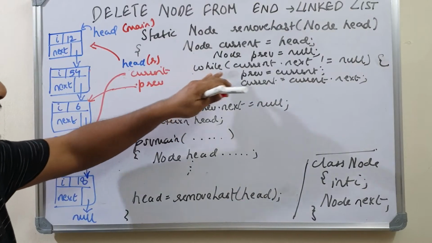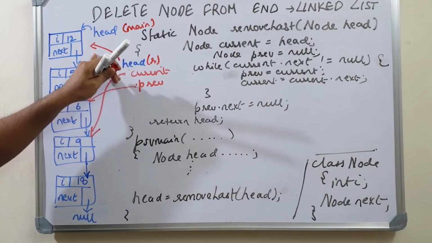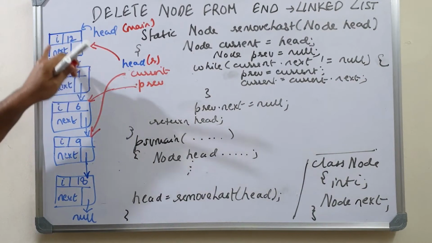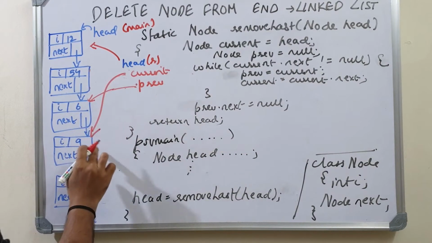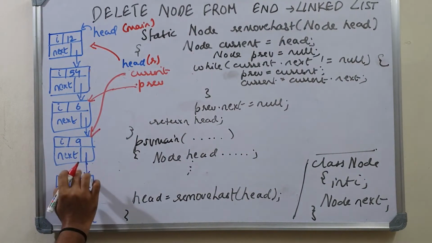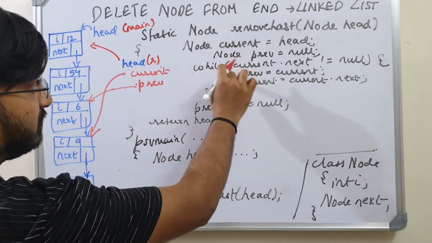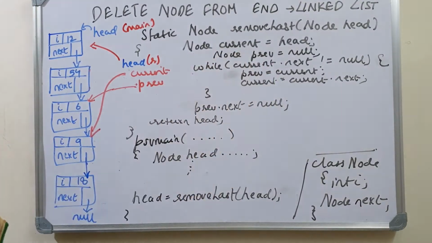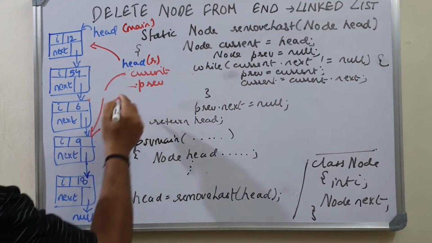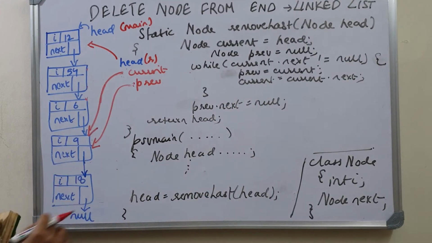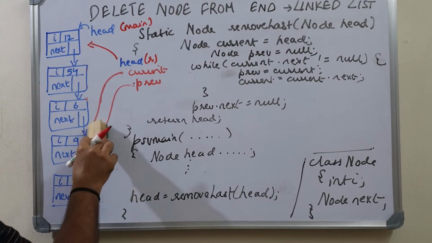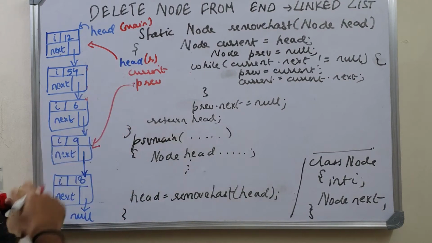We come back to the while loop condition again, and we are saying that head is still there. Okay, head is still at the node where it started. Current dot next is not null. Current is pointing here. Current dot next is not null. This is a memory location. This condition is true. You go inside the loop. Previous is equal to current. So previous points here, and then you set current is equal to current dot next. Current is pointing here. Current dot next is here, and so current points here.